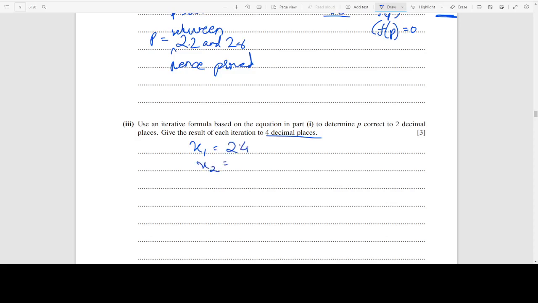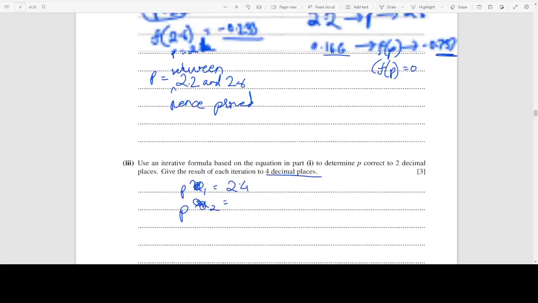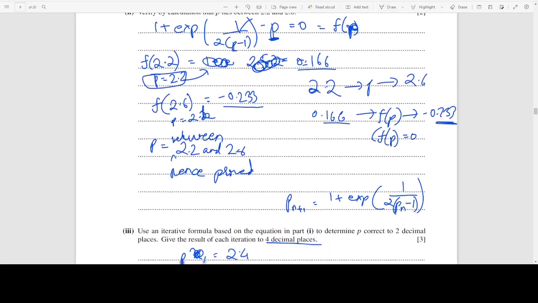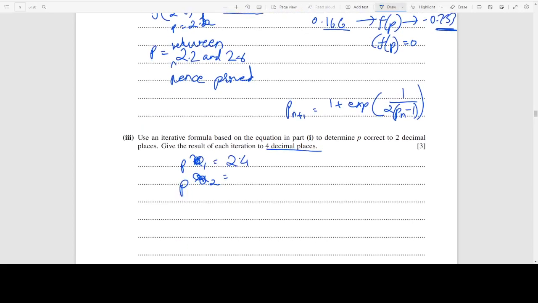So if we take p1 as 2.4 in this equation, p n plus 1 equals 1 plus exp 1 over 2 pn minus 1, we'll get p2, and that is 2.4292,